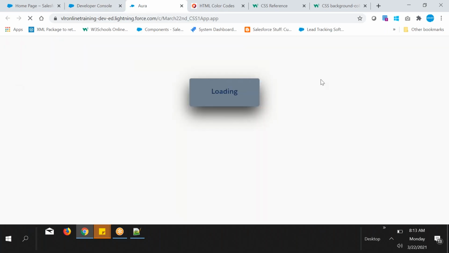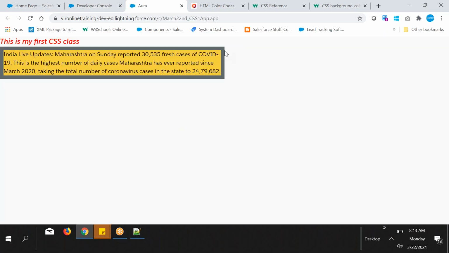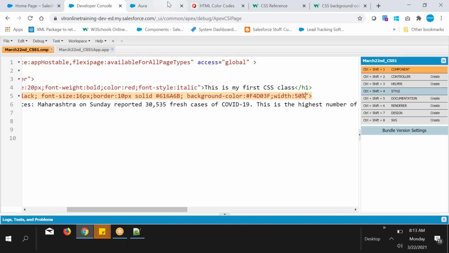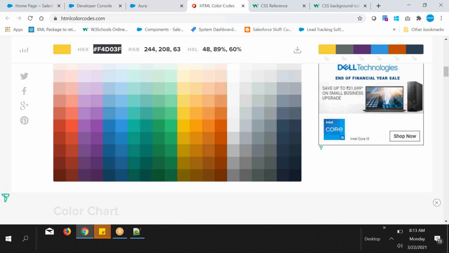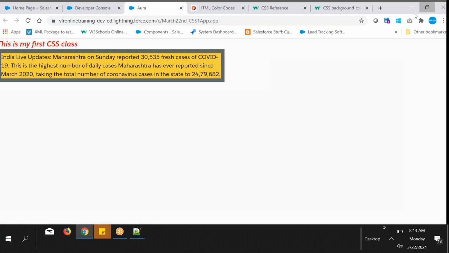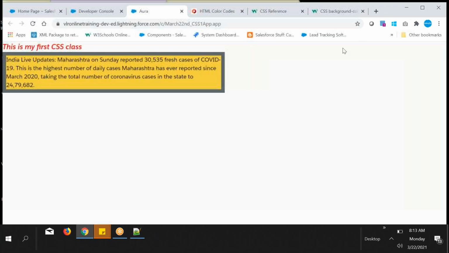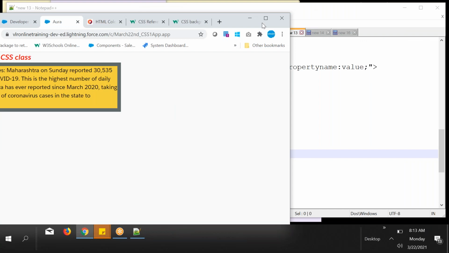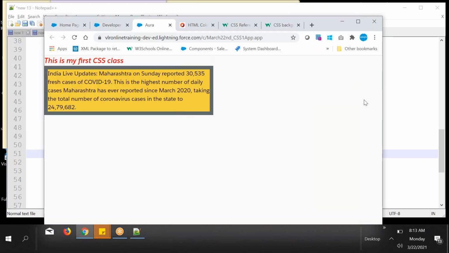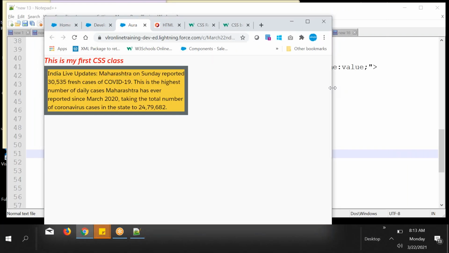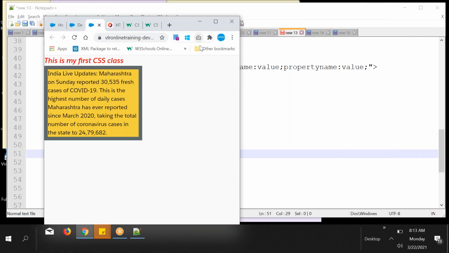It will calculate the total size of the screen, and in that, 50% will be displayed. Even you can see if I reduce it, it occupied 50% only. It is dynamically changing. 50% means in that screen, left to right, it displays 50% width.